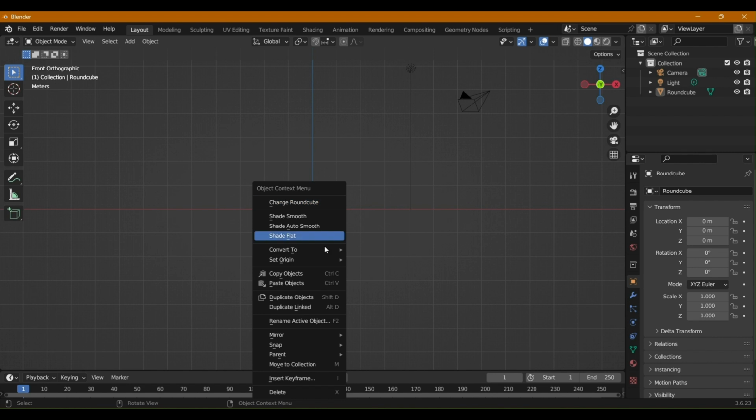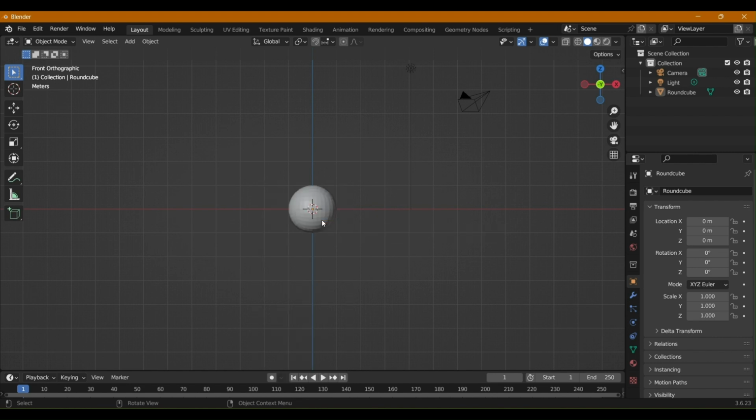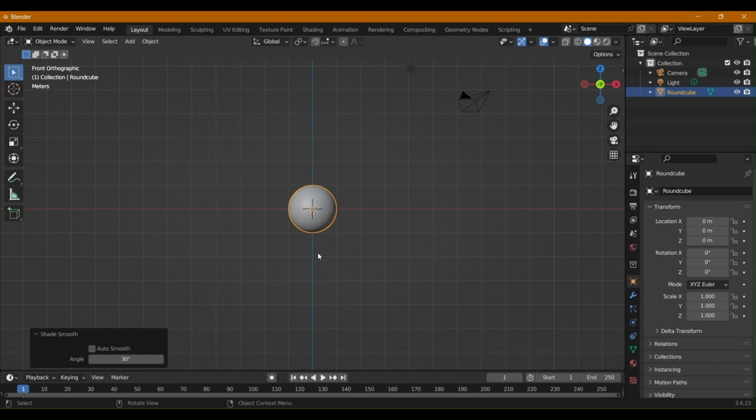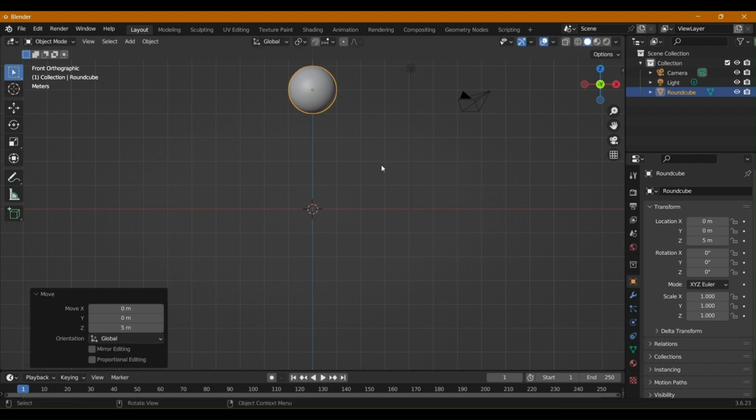What I will do next, I will just smooth the ball. You can see it's smoothed. Now we have to grab our sphere, as it's looking like now, and move it up in the Z axis, move it up 5. Then